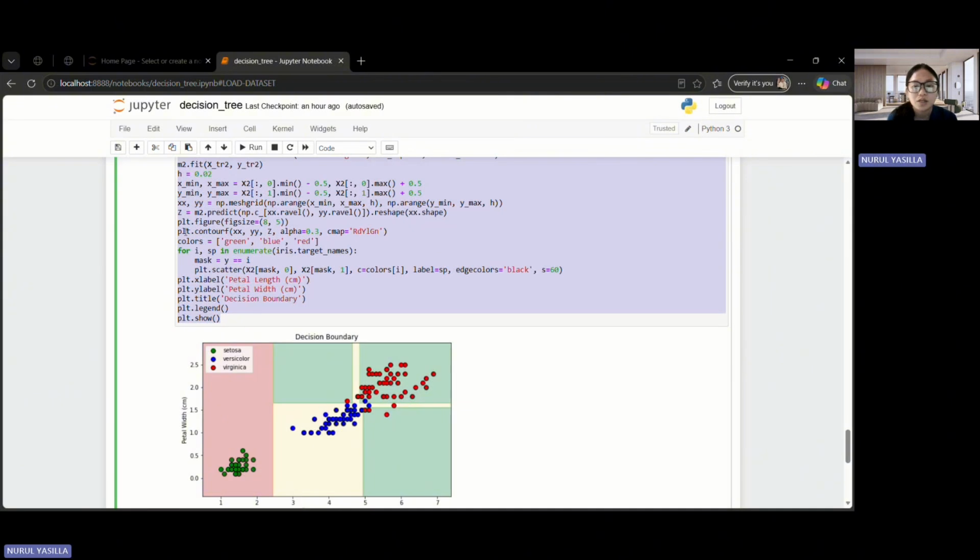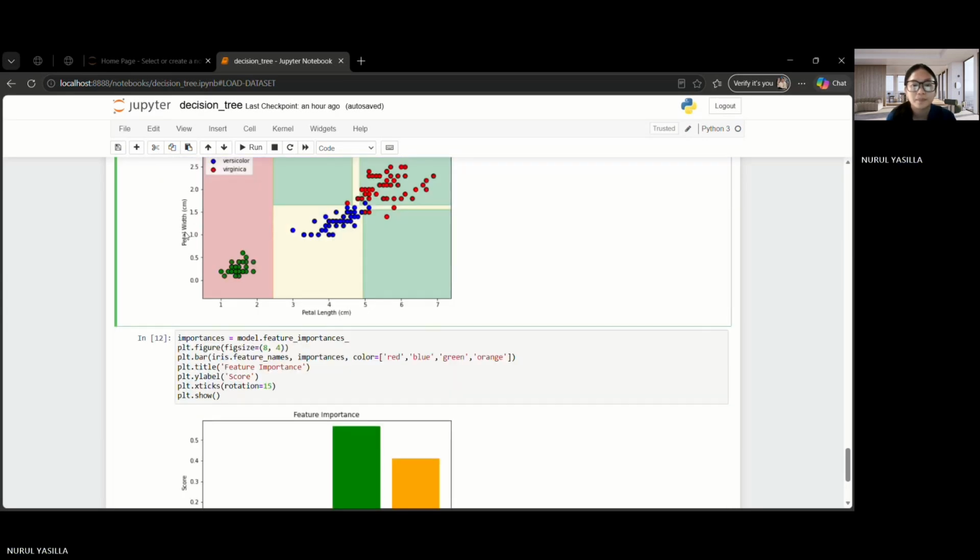From this visualization, it becomes clear that the decision tree creates decision boundaries consisting of horizontal and vertical lines. Unlike other algorithms such as SVM, which can produce curved boundaries, this happens because it splits on only one feature at a time.